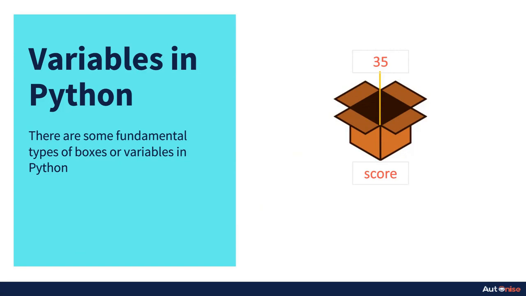Like there's a box whose name is score, and inside this box there is a number present which is 35. So the value is 35 and the name of this variable is score,